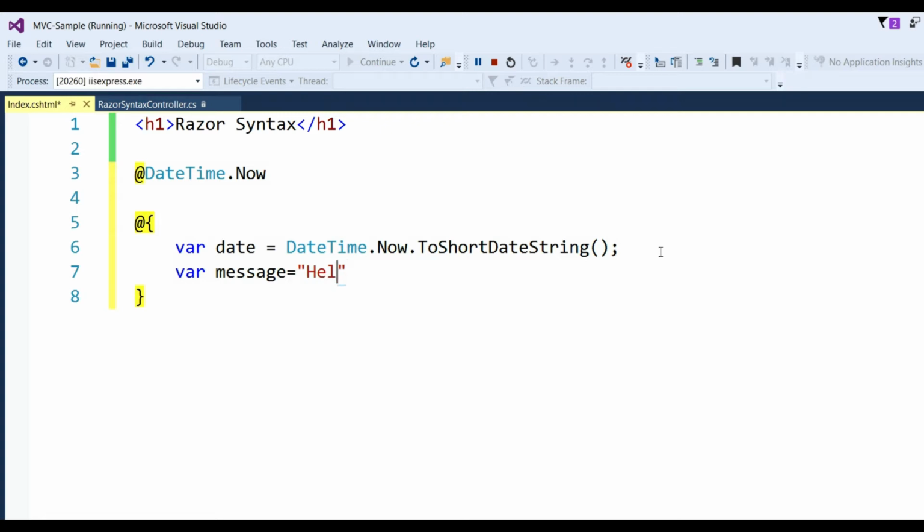Hello ASP.NET MVC, learn Razor syntax how to write, and put here a semicolon. Now we want to display it in the view HTML, so you only have to write here at the rate of